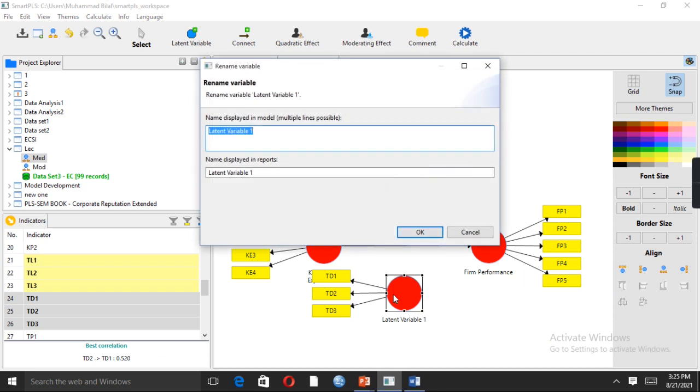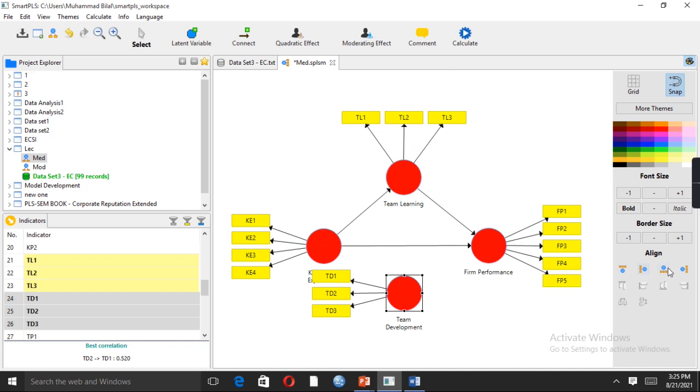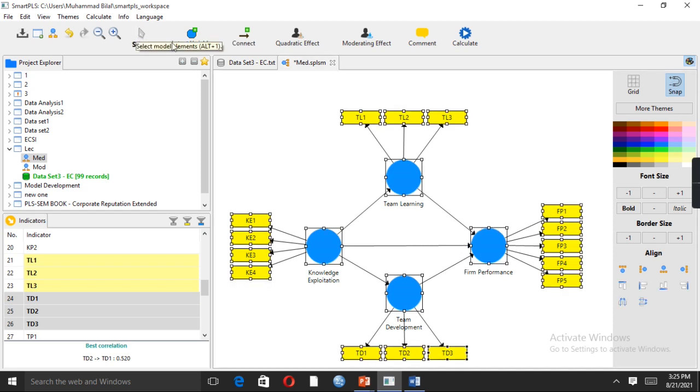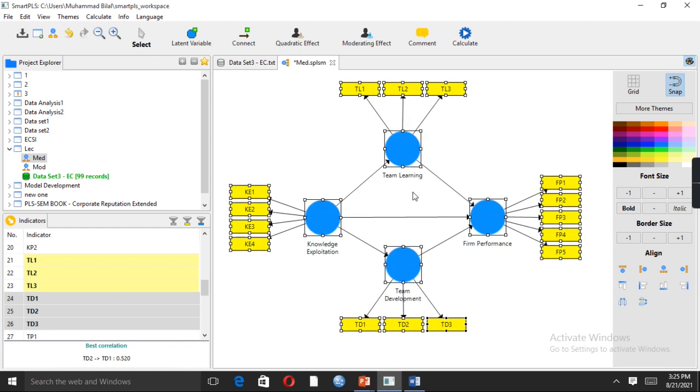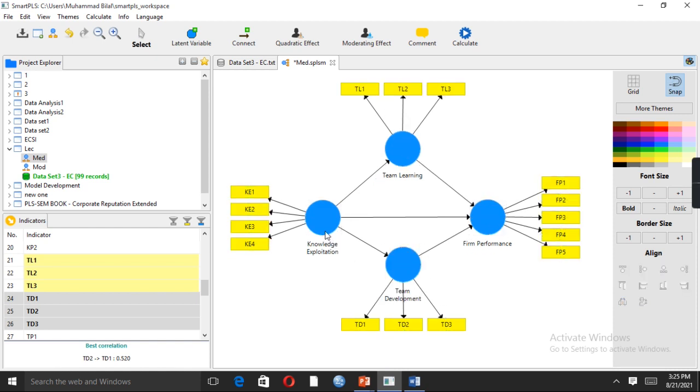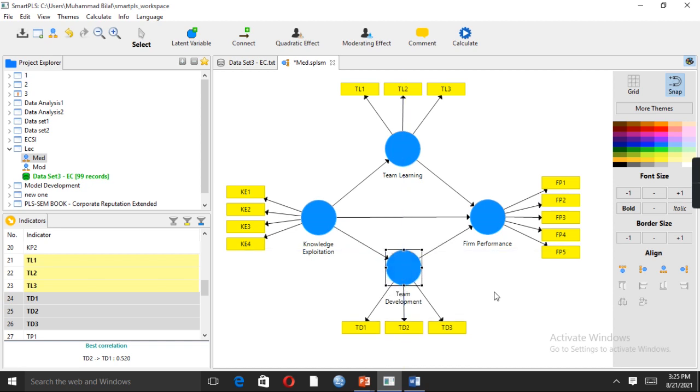Just rename it, which is basically team development. Just connect. So in this case, we are having 2 mediator variables.